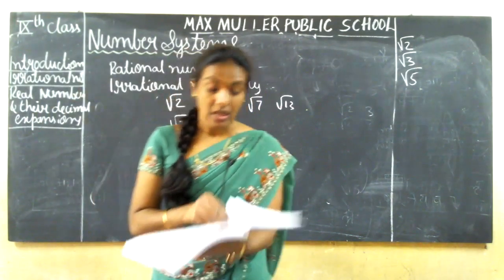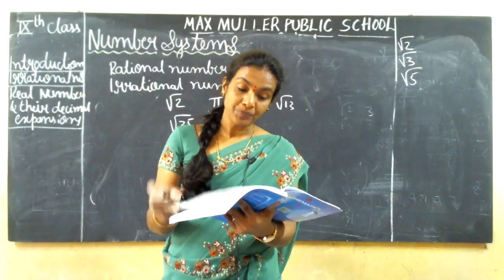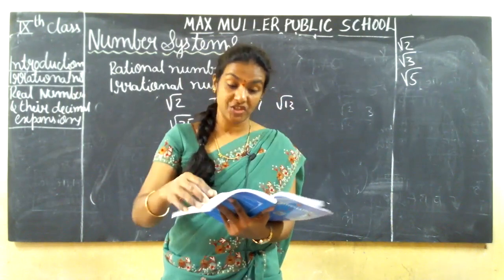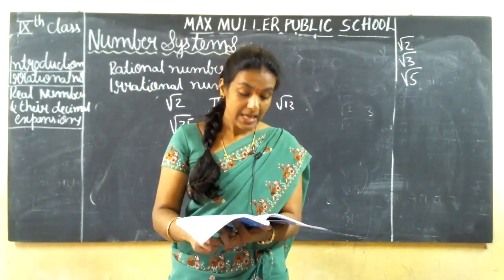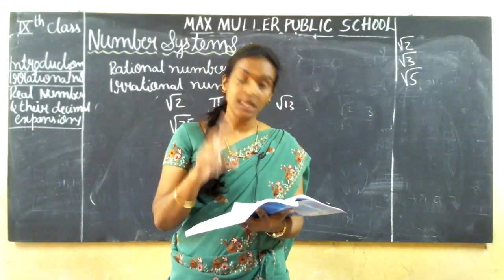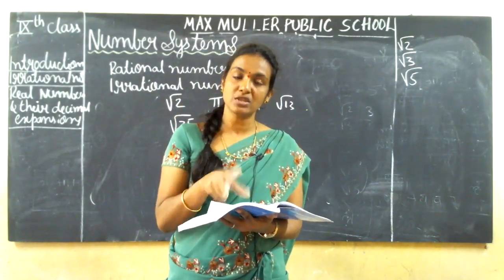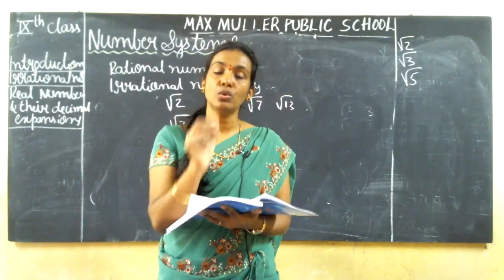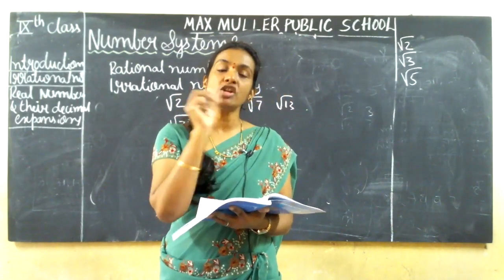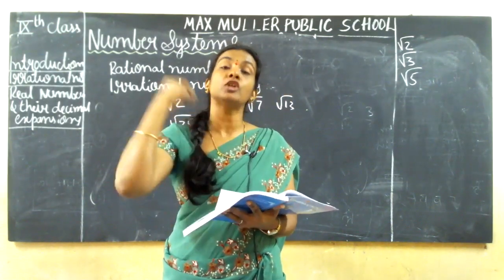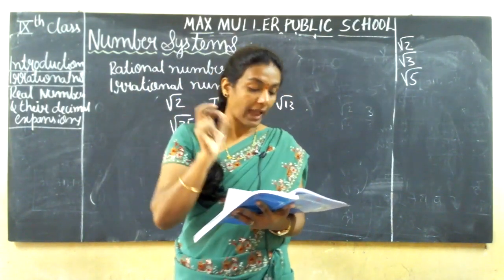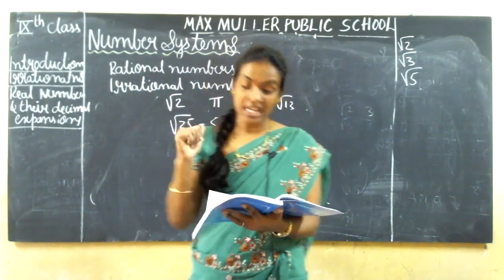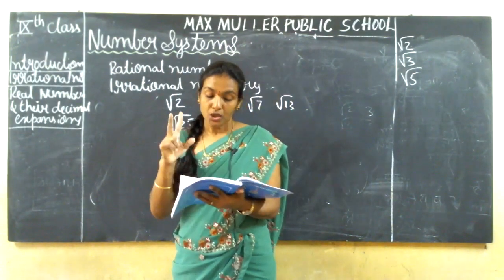Next comes real numbers and their decimal expansion. I have solved the 3 examples on the board which are there in the textbook also. I took the same examples because they are very apt to show you the difference between terminating, non-terminating, and non-terminating and non-recurring. So I took the same examples while explaining also. Okay, so here 2 cases were there.